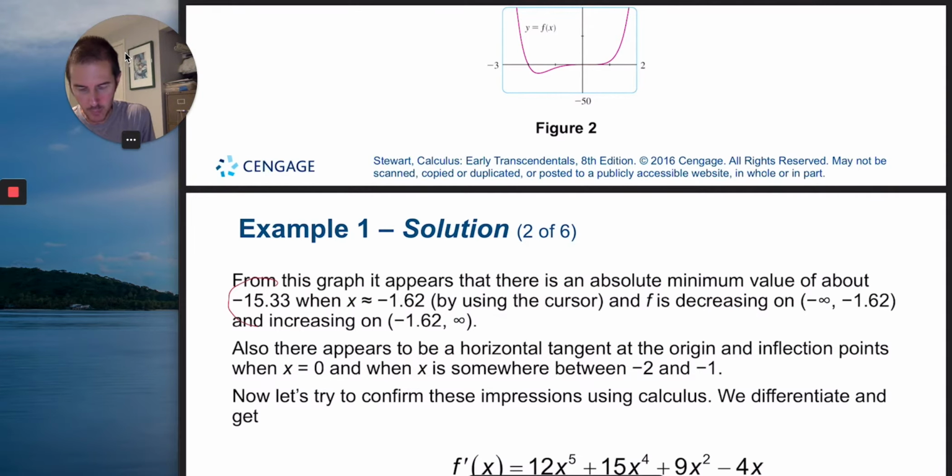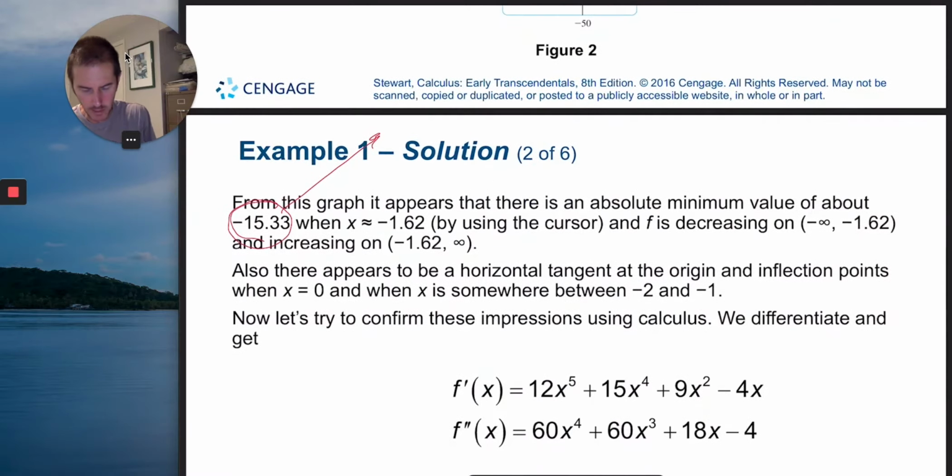a minimum value, so a y value, is happening at that point. I can't draw lines across pages, but the y coordinate there is approximately negative 15.33. The x value is approximately negative 1.62. And he got those values by using the trace feature on whatever grapher he is using. He says by using the cursor, he was able to scroll over there and get those approximate values. And then to make some additional statements